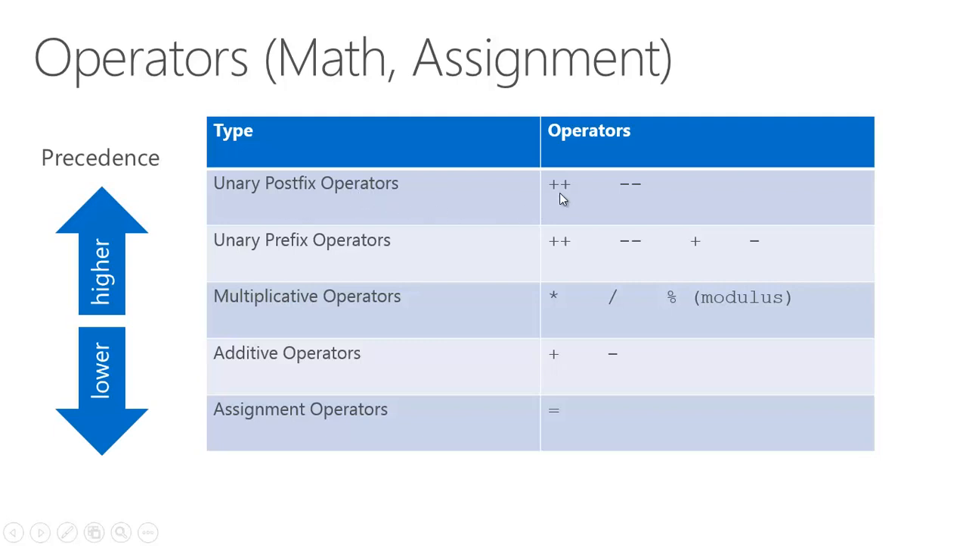This implies that these symbols, plus plus and minus minus, will be added to the end of a variable, right after the variable, to either increase the value by 1 with the plus plus, or decrease the value by 1 with minus minus. Unary prefix operators implies that these symbols, plus plus and minus minus, can also be added just